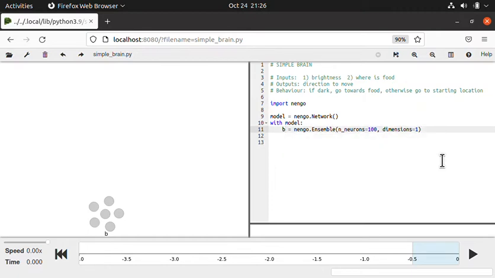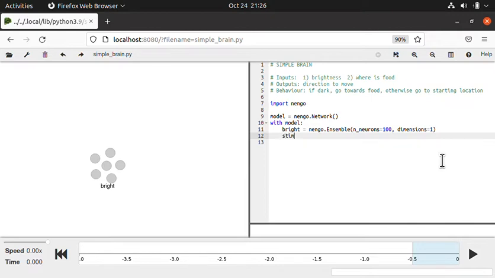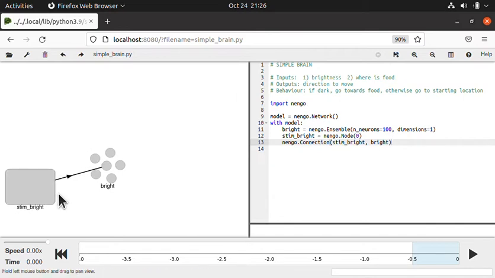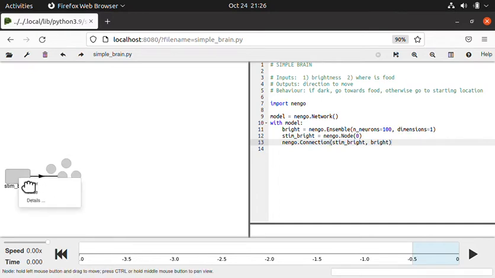Okay, B, I'm going to forget what that is, so I'm going to call this brightness, or bright. So I have that. We're probably going to need some sort of external stimulus to let us control that. We'll just set it to 0, and we'll make a connection from stim_bright to bright. There we are. So we have something that will let us make a little slider